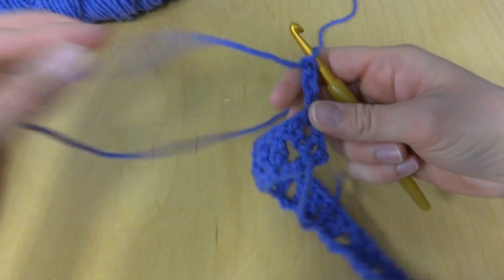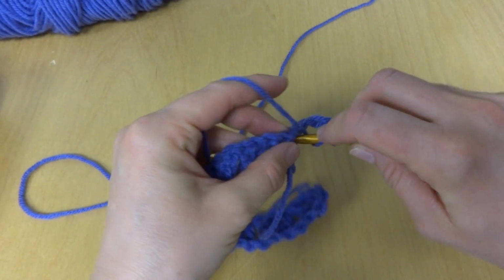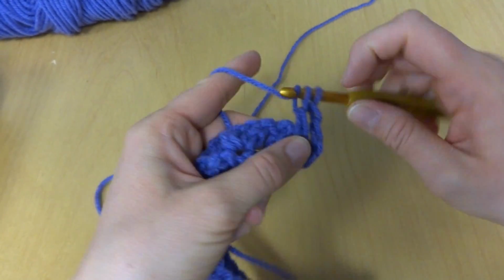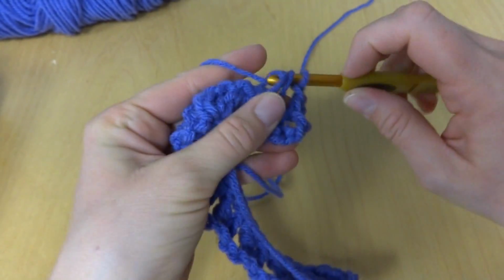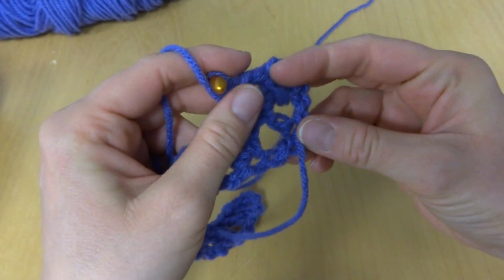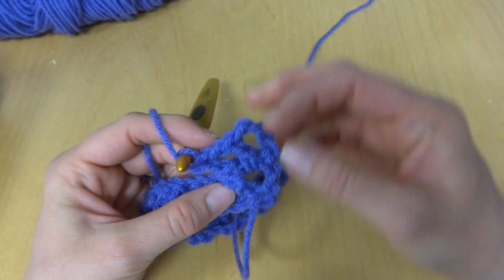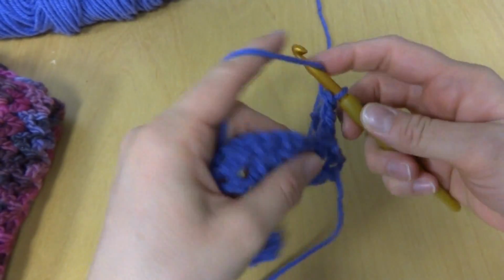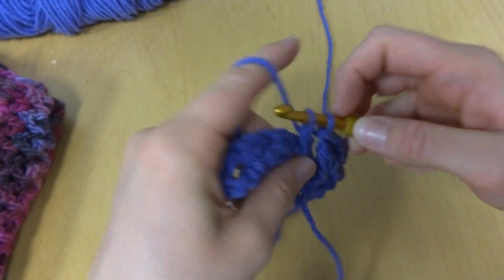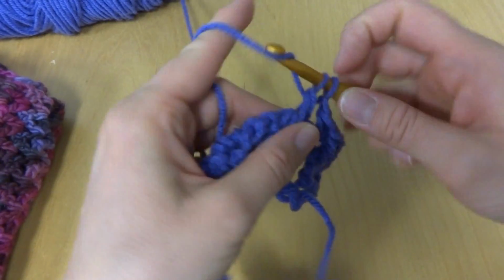To make a V, you'll make it the same way that you made the V in the previous row. So double crochet right into the V space, chain 1, and double crochet. So you can see our 2 V's here are stacked, just like in our scarf. So let's go to the next V. Double crochet, chain 1, double crochet,